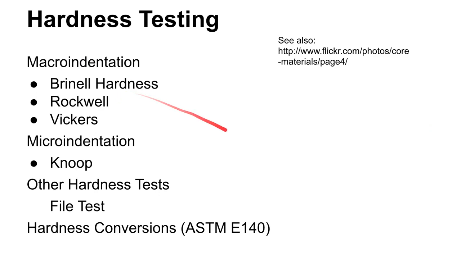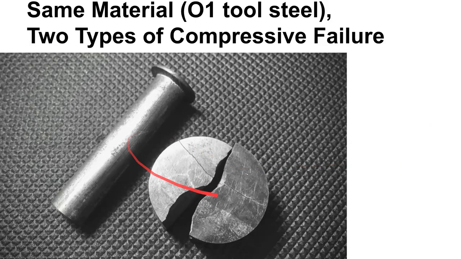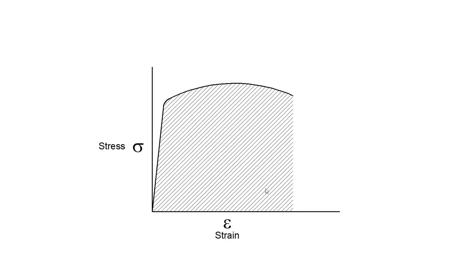All right, now hardness. So speaking of hardness, I was talking about hardness here, where this is a very hard material, this is a very soft material. What happens when we heat treat and change these materials? There's a trade-off between hardness and toughness. So you'll remember that toughness is the area under the stress-strain curve. Right, so if we look at this, this material has a lot of ductility, has a lot of plastic deformation, so that means that it would take a lot of energy to rupture this material. So this is a very tough material.